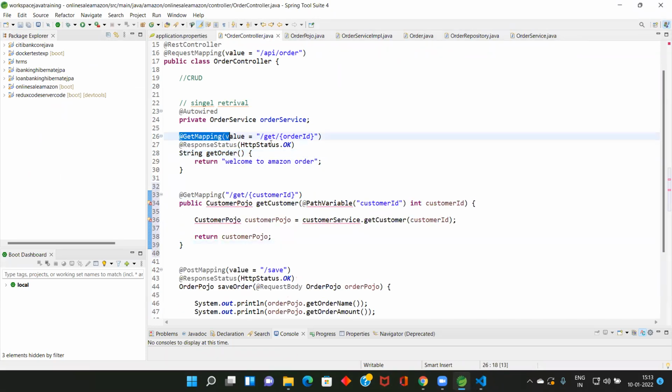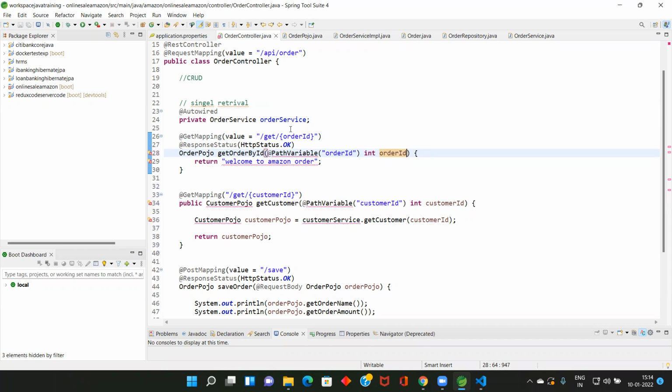Here we have get mapping value. This is the value that is going to come here. Then response: what is the response when you call OrderPojo? OrderPojo, get order by ID, to be more meaningful. Then you can have a path variable. See what is a path variable? Whatever the URL is, you send an order ID here, so that will be copied here, and the same thing will come here: order ID, and here order ID.